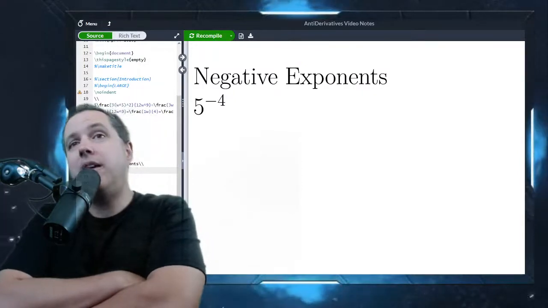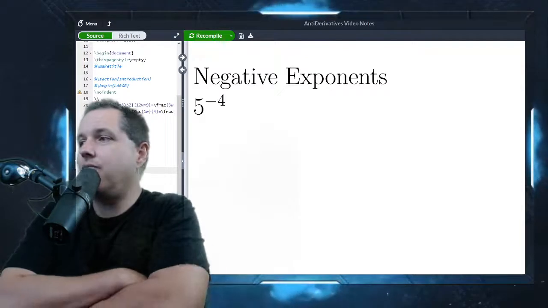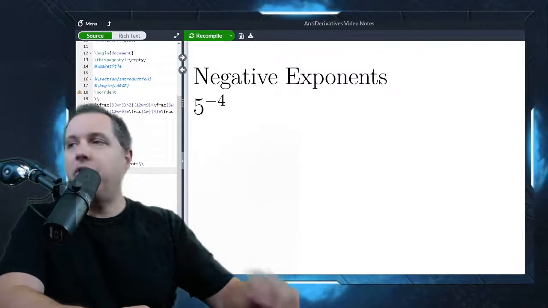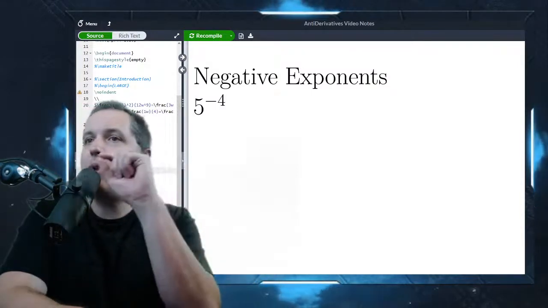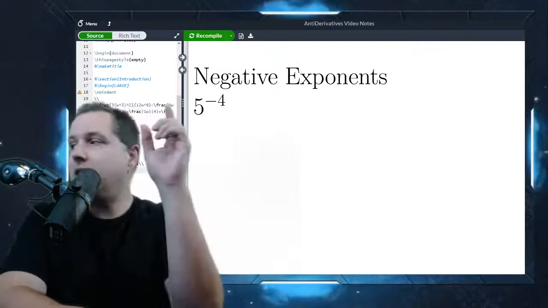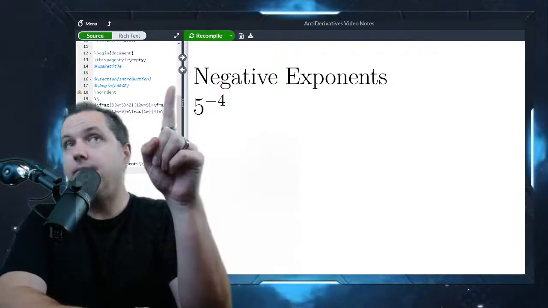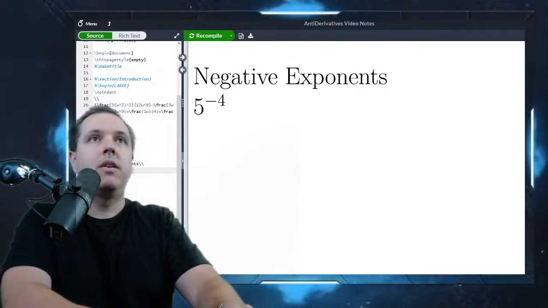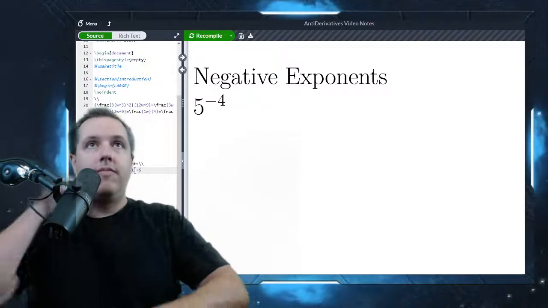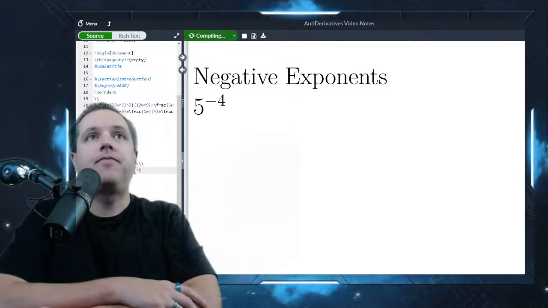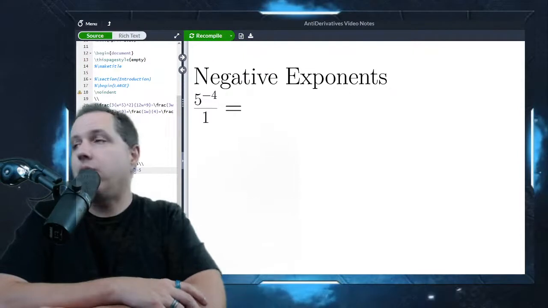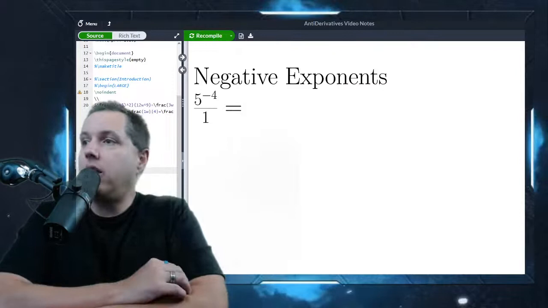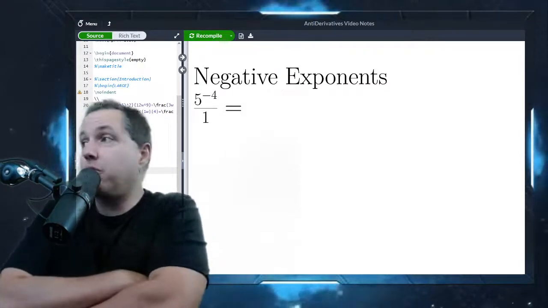Right? And sometimes people try to make it so that it's got negatives in it. That's not quite what we do. So what we want to do to view this correctly is think of this as a fraction. Remember, any expression can be turned into a fraction by making it that expression over 1. So we can just make this a fraction this way. So 5 to the negative 4 can also be thought of as 5 to the negative 4 over 1. Okay, so what we're going to do here is come up with a shortcut